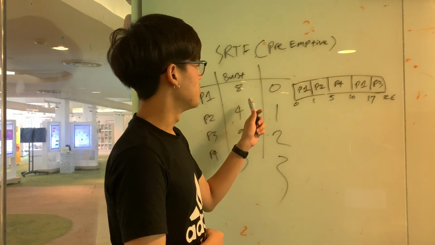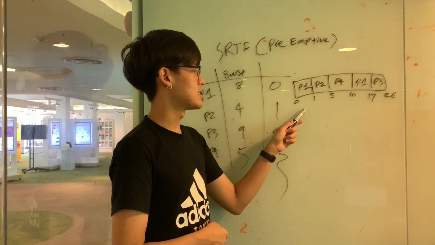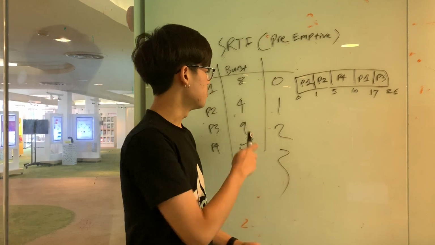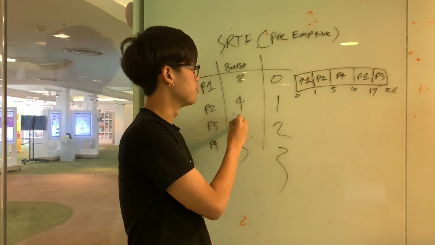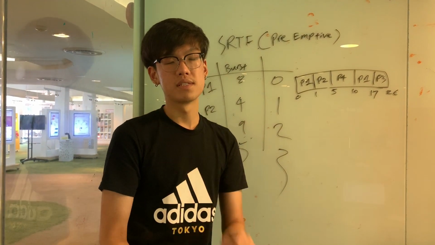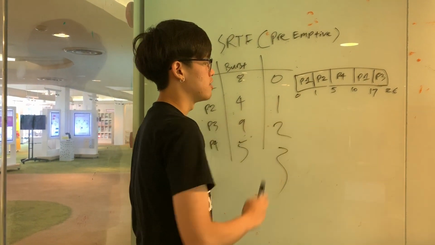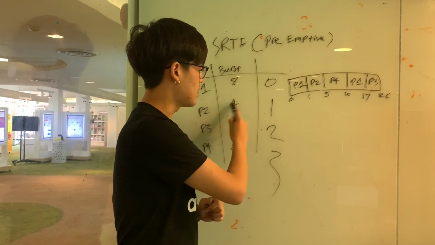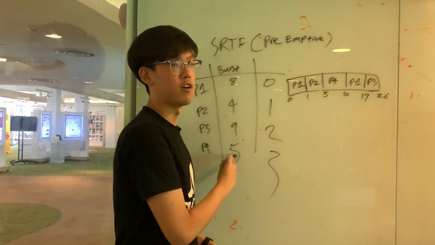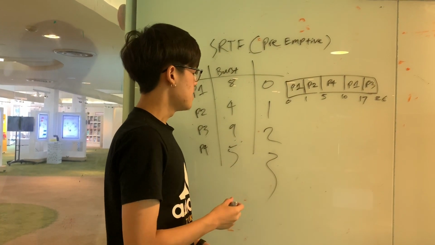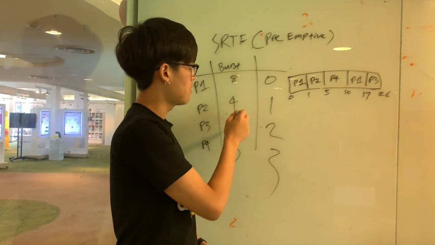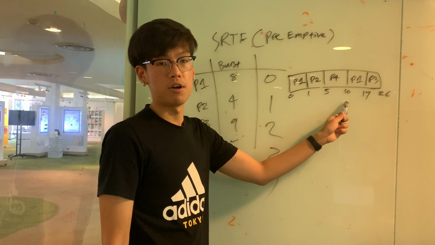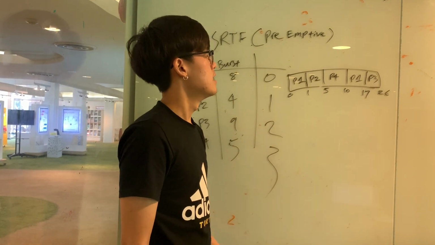For this example shown here, process 1 will be the start as it arrives at time 0. After one CPU burst though, process 2 joined the queue, however it is only 4 bursts. Therefore, it will take priority and is executed next. Once process 2 is done executing, process 4 will have already joined the queue and it has the lowest burst compared to 1 and 3. Therefore, it will take priority and be executed.